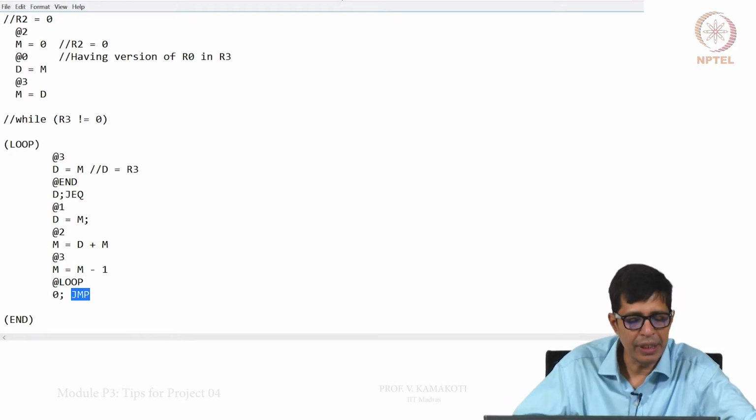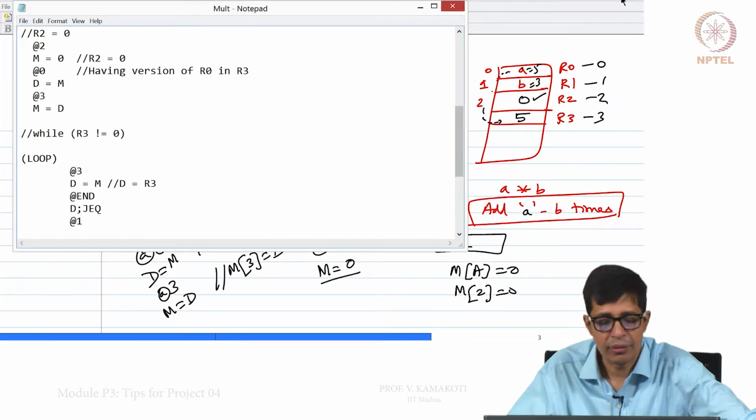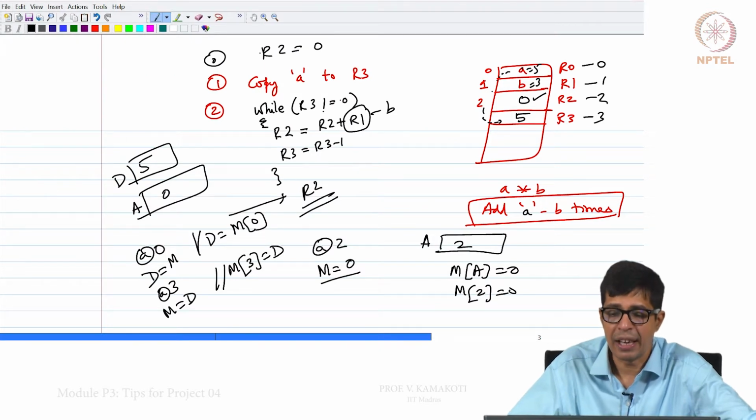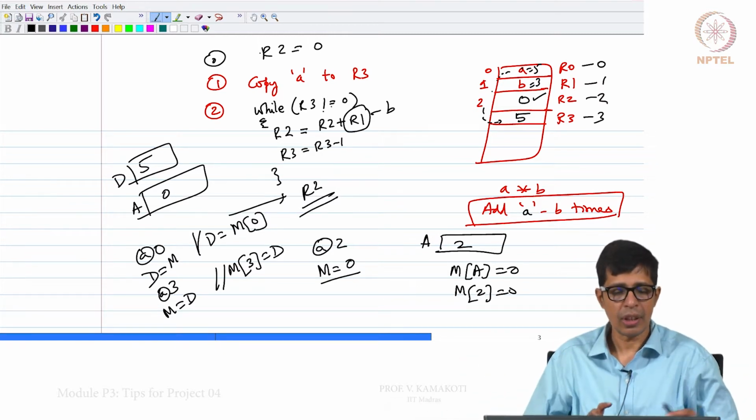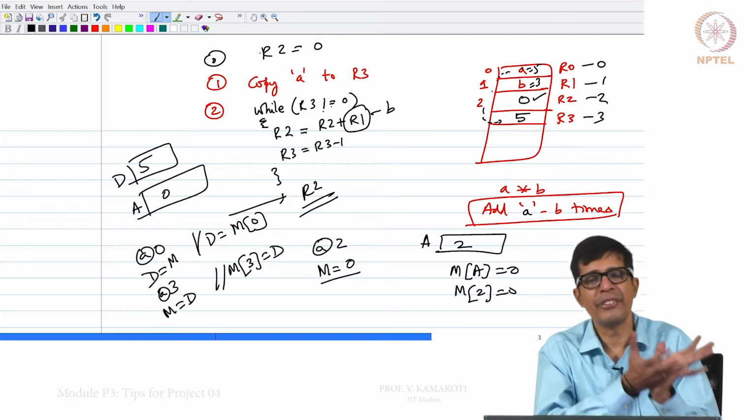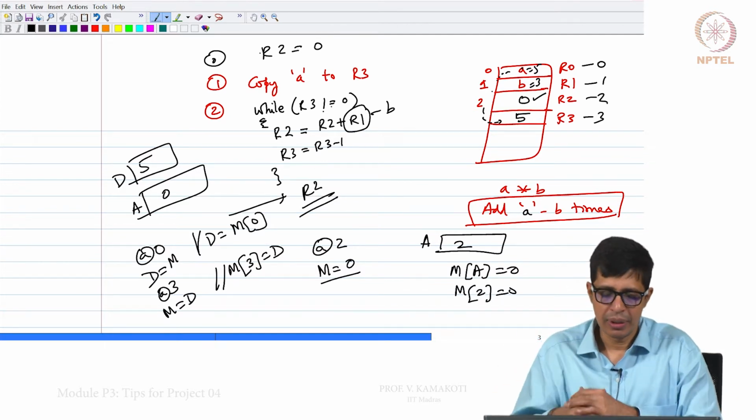So, by doing this, we have basically done this part of what we are trying to do. So, while R3 not equal to 0, R2 equal to R2 plus R1, R3 equal to R3 minus 1, this we have coded. So, this is how your C program essentially gets translated to this.